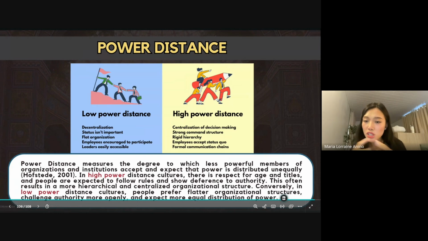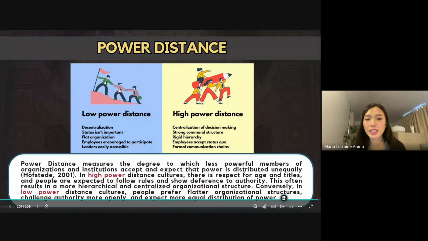Okay. So that's why it is important that we understand power distance, which affects how people work together, how decisions are made, and how leaders lead. So when we work in the future, especially in global teams or in direct workplaces, we have to be aware of the power distances that exist. You have to observe whether it has a low power or high power distance in order for you to adjust and adapt to those people.